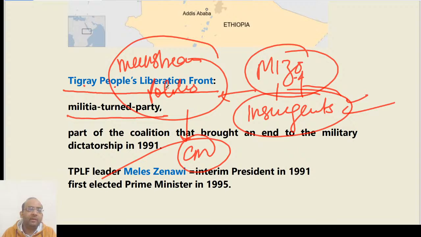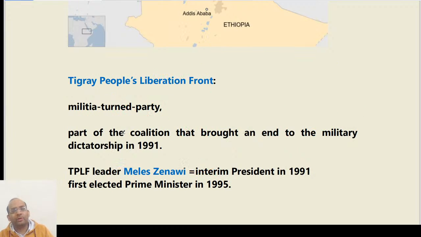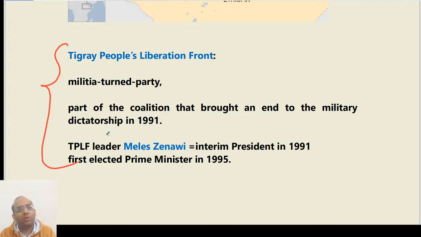Similarly, the Tigray People's Liberation Front is also a militia turned party in Ethiopia. So, as an IAS officer, you should not incite or have any enmity with anyone. कि कब कौन प्रधानमंत्री सीएम बन जाए कुछ नहीं पता, किसी के साथ कोई दुश्मनी आपको नहीं रखनी